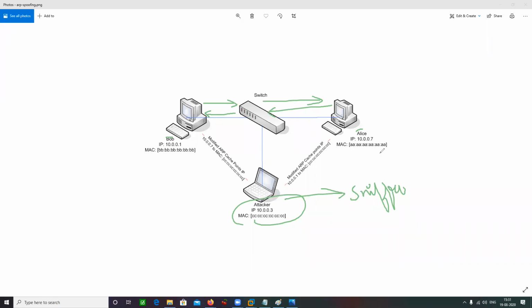The answer is no. We cannot. How can we capture those packets which are not coming to my interface? Wireshark by default is only going to capture those packets which are coming to you. Packets which are not coming to you, you would not be able to capture them, because your sniffer is running here on your machine. It is only going to show you those packets which are received by your machine.